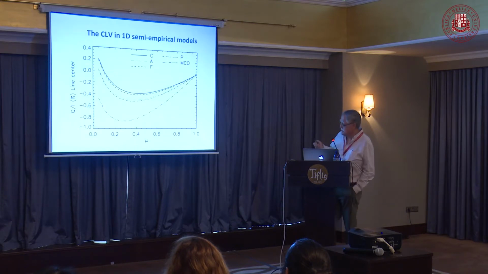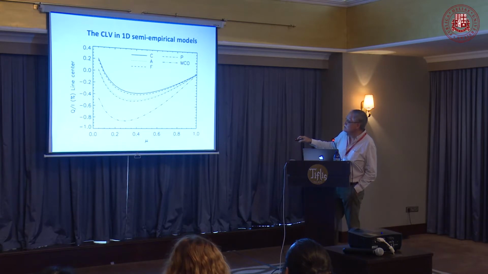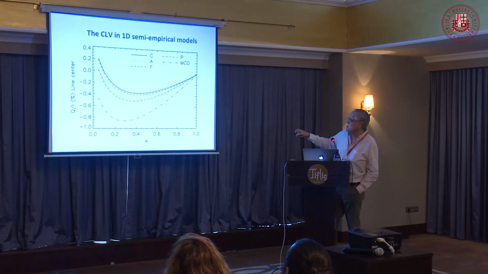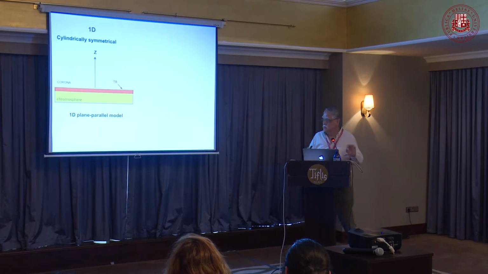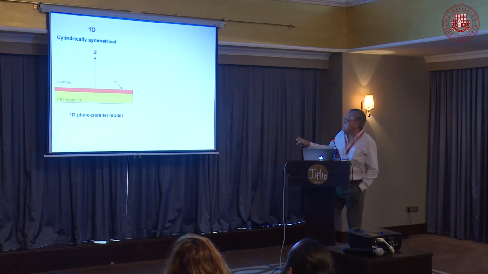So in order to understand this, these are the theoretical predictions for one-dimensional models. When you make calculations of the variation with the cosine of the heliocentric angle, the center to limb variation of the line center signal of Lyman alpha, it doesn't matter which model you use. Even if we use the 3D models of Matt Harrison, we obtain a center to limb variation at the line center of the Lyman alpha. So we need to stop a little bit and try to find the physical origin of this enigma by using basic models. So in a one-dimensional model,